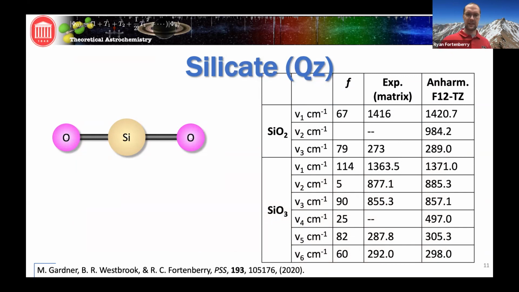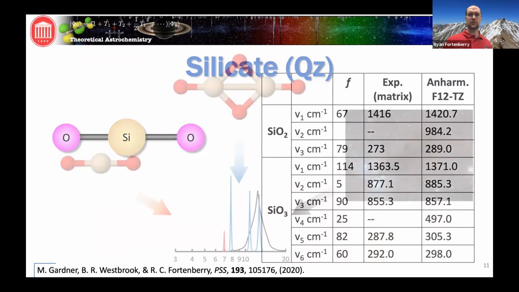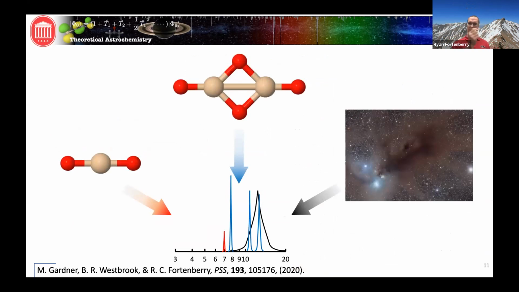But one of the things that came out of this study that I really liked, that I thought was fascinating, was the monomer. That antisymmetric stretch across there is given here in red. It's a fairly large intensity. And then the black line is kind of the continuum that we would expect to see for some type of crystalline silicon oxide structure. And then when we go just from the monomer to the dimer, it downshifts. It gets to longer wavelengths, lower frequencies.